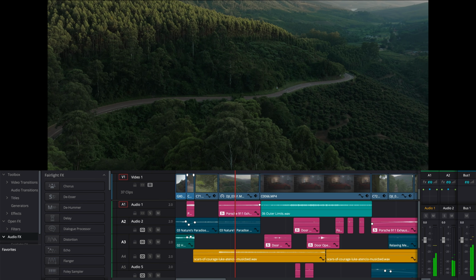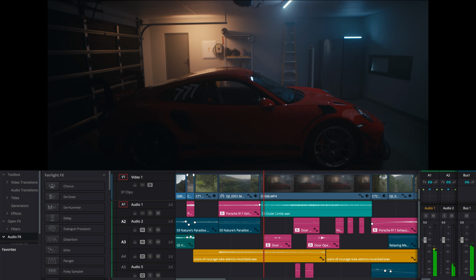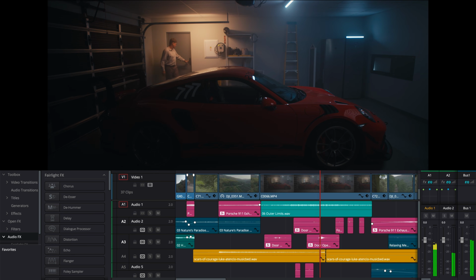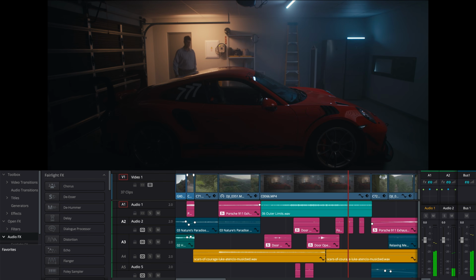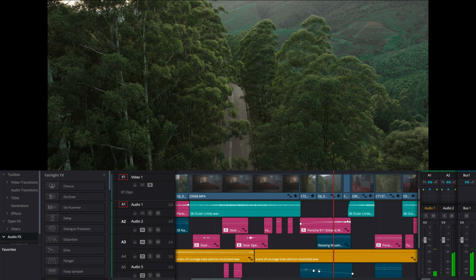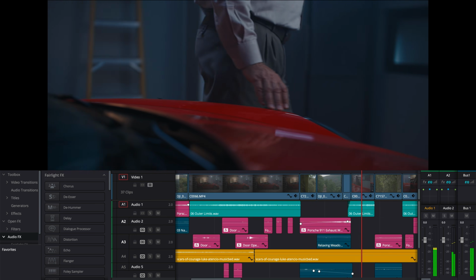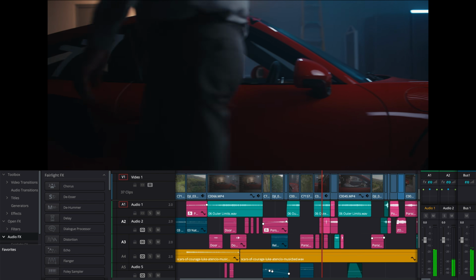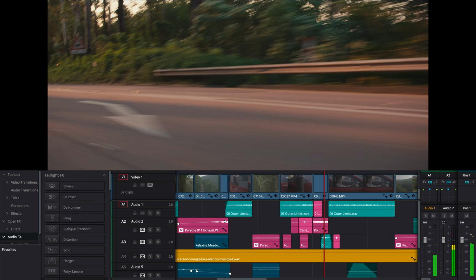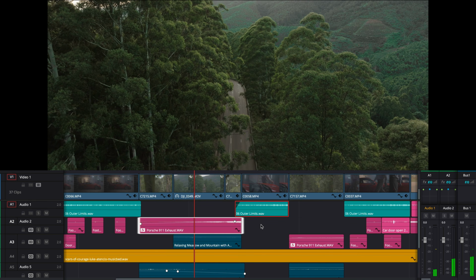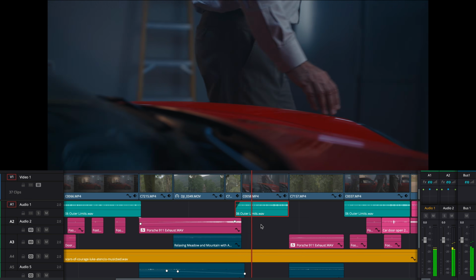In the intro, the anticipation is built by the contrast between the sound in the garage and the sound outside in nature. Turn off the music and it's even more prominent. So the contrast between the louder sound outside and the low-level bassy hum helps to build up the emotion until the song drops. In this scene, I clearly made the audio louder until the moment it drops, and that adds